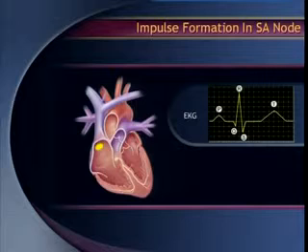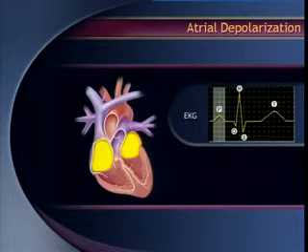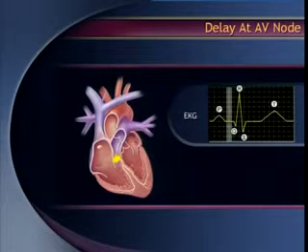Now, if you look at this scenario, the impulse from the sinus node transfers through the interatrial pathways, and both the left and right atria depolarize, that means they contract, producing a waveform called the P wave. It has been mentioned by the previous speaker, I am just mentioning it. There is a delay happening, reaching into the AV node, then forming the PR interval.